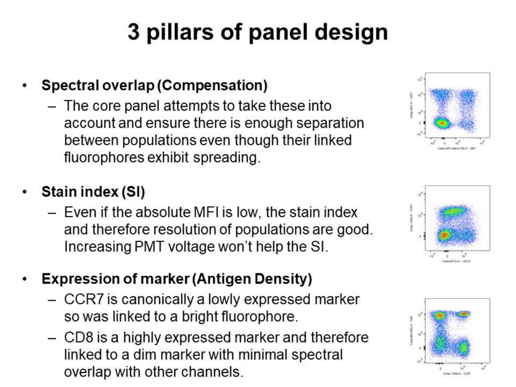So when we start designing flow cytometry panels, we of course have to keep in mind three pillars that most of us are following. So the spectral overlap. The core panel attempts actually to take this into account and ensure there is enough separation between the populations. Okay. The stain index,